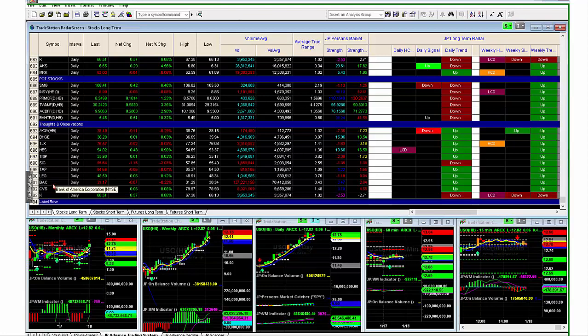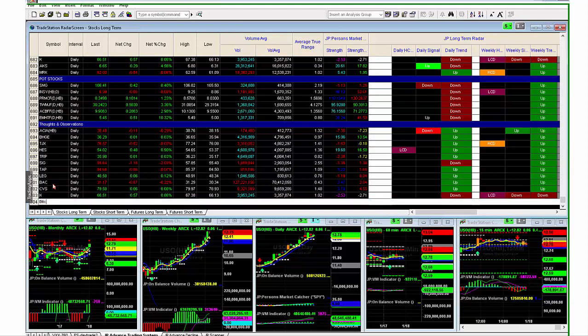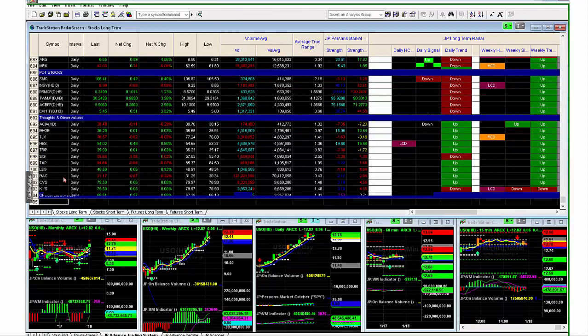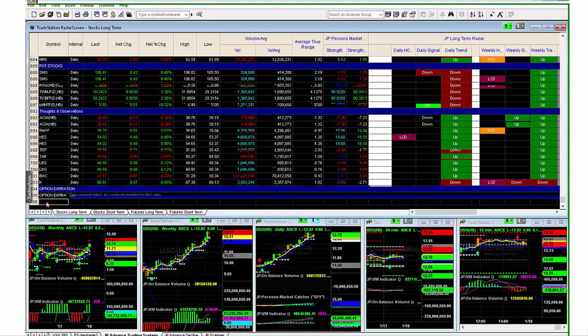So if you want Bitcoin trades, or if you want to call this option expiration, do so using what's called a label row. Because if I go option expiration and I type it into the row, look what it just popped up.